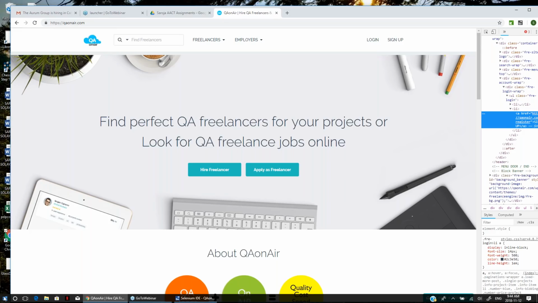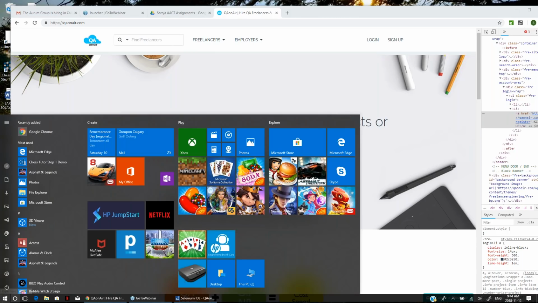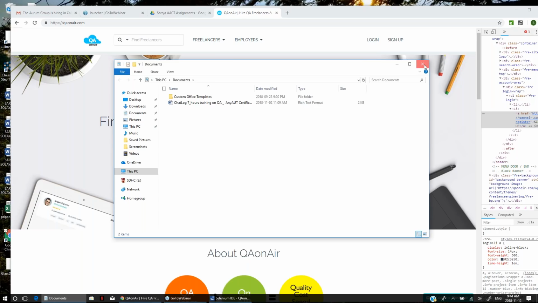The first foremost thing that we all should immediately recognize when we see this element is that it starts with a less than A, which is called an anchor text, which is also a link to a different URL. That is what it does when the user clicks on it. So for this, all I can say is my text is link text. If I mention that, that is enough. So now go to Selenium IDE,